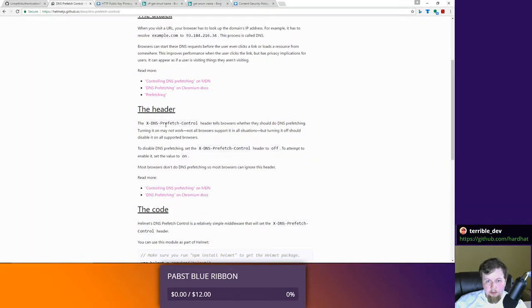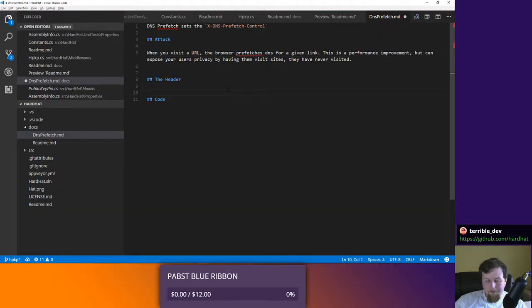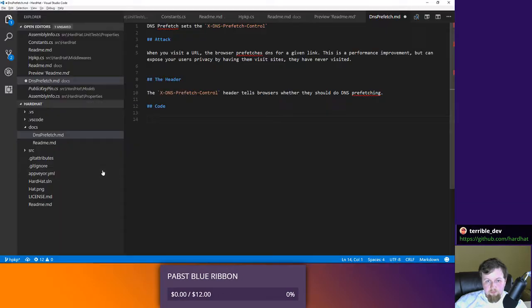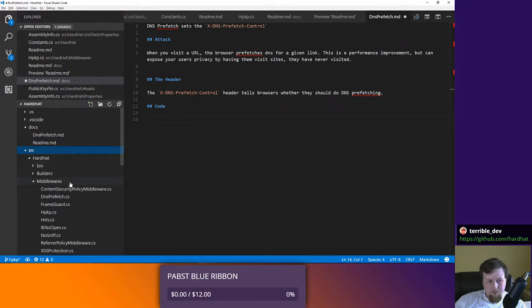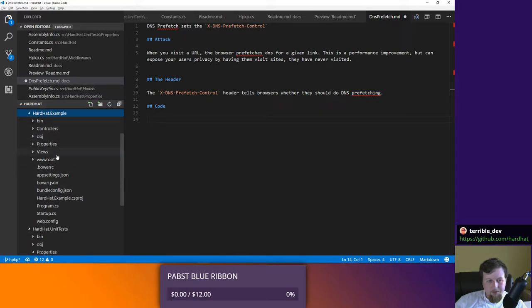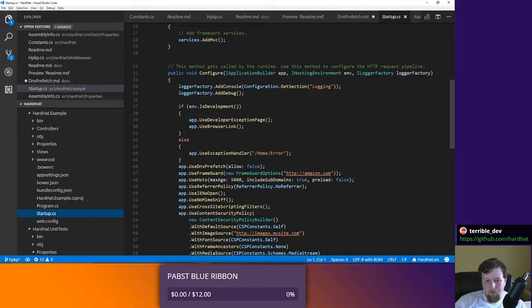The header, what do they write here? I don't really care as much about having super good docs. I can always fill it out later. Actually, I have really good example code already. So all I kind of have to do is